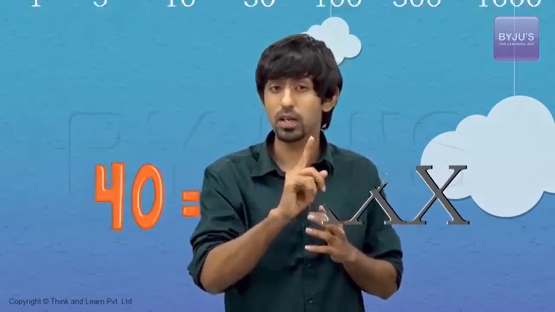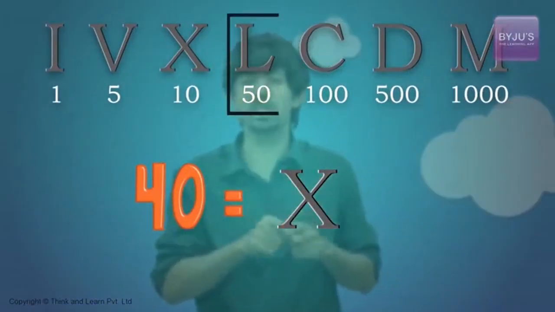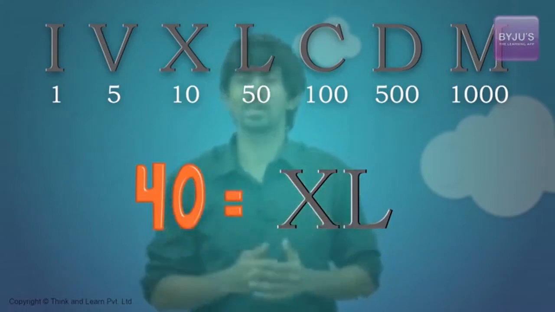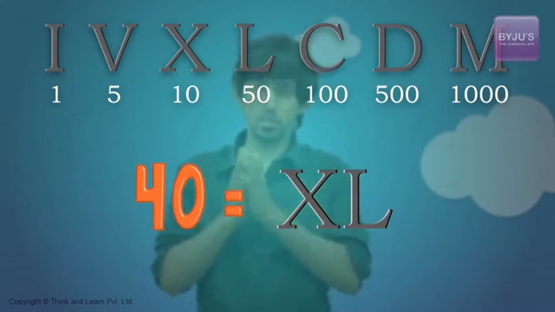We use it for 40. How should 40 be? Right? How will 30 be? Just XXX, right? That's it. That's 30. 3 tenths. So quite simple, right, in Roman numerals. But 40, they wanted to make it not XXXX, but that's right, X and a whatever is for 50 over there, which is L. So you write XL. Yeah, if you're thinking in Roman numerals, it doesn't mean extra large, it means 40.